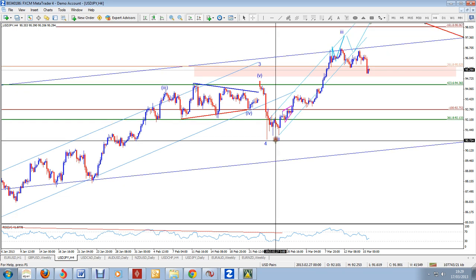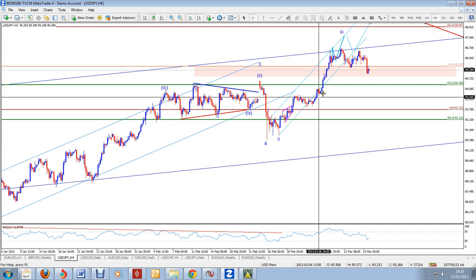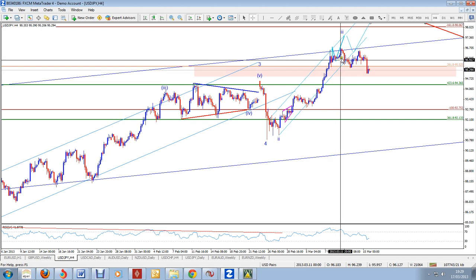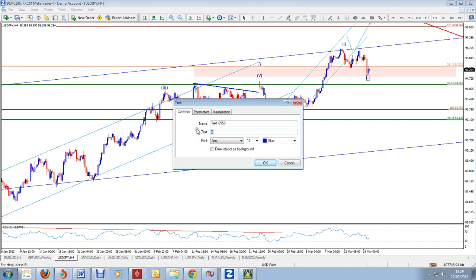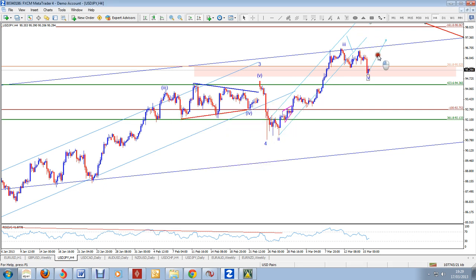In that 5-wave cycle, I've got this as a rising wedge as a minor 1, 2, and then we've got wave 3 in which we have 1, 2, 3, 4 and 5. So I think this minor wave 3 is probably over. This wave 3 is over. The A, B, C retracement is wave 4. So this wave 3, I can put it here. So we've got a retracement, wave 4, and then we'll expect another leg up there to give us a wave 5.